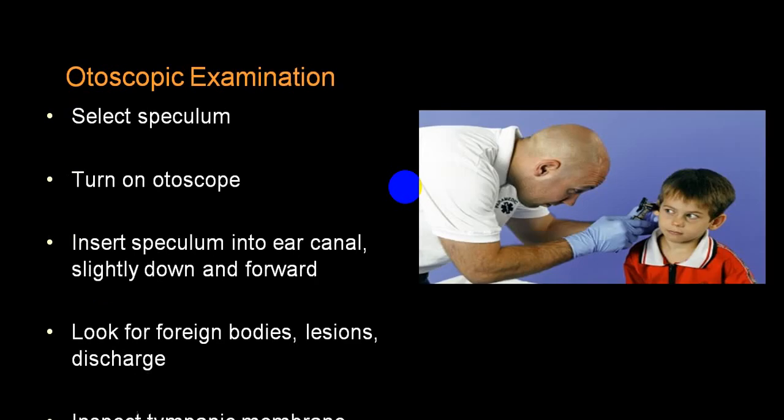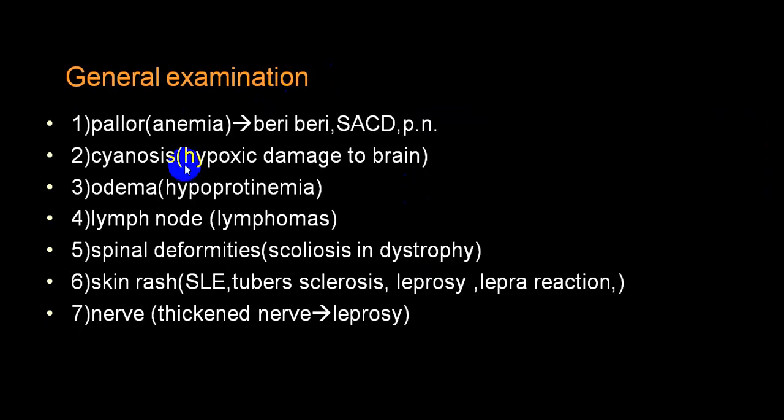Otoscopic examination will be also helpful prior to doing an eighth cranial nerve examination, and also it will be helpful to find out CSF otorrhea, bleeding, discharge, eardrum pathophysiology, otitis media, etc. Because otitis media can give rise to even meningitis. Spread of infection from a local site, particularly from frontal sinusitis and from otitis media, into intracranial structures. So otoscopic and nasal examination becomes very useful. So we have already mentioned these particular things.